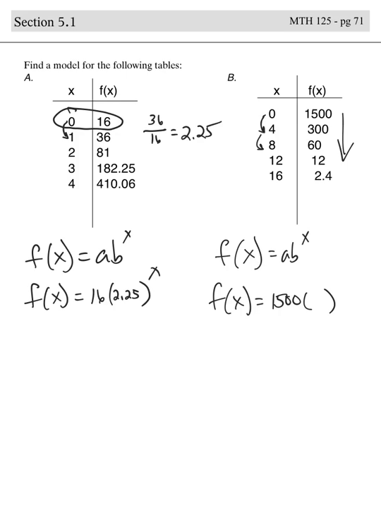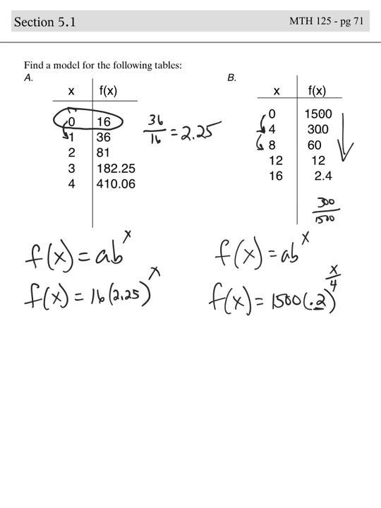So I can see that this happens every 4 years. So I'm going to do this x over 4. And I'm going to take the second piece of data, divide it by the first. 300 divided by 1,500 is going to be 0.2. Okay, so looks like every 4 years my population reduces by 80%, or you could also describe that as 0.2,